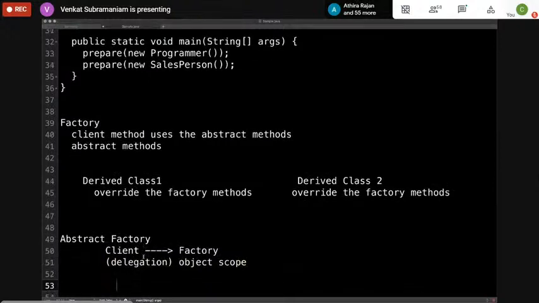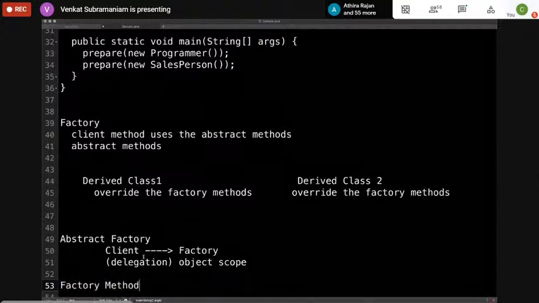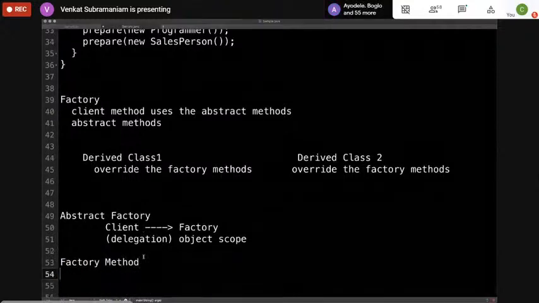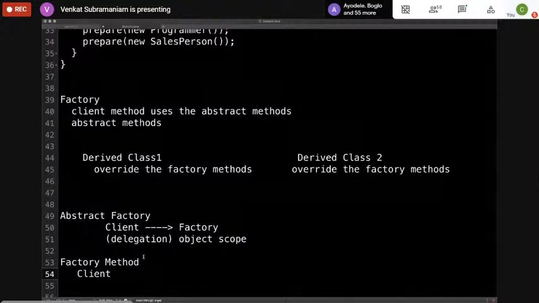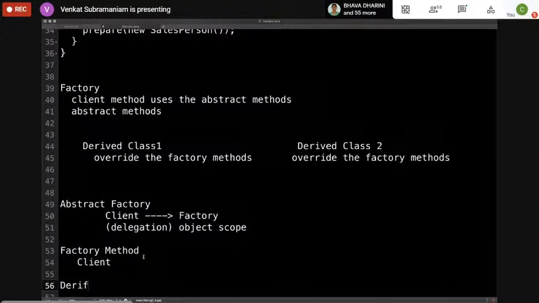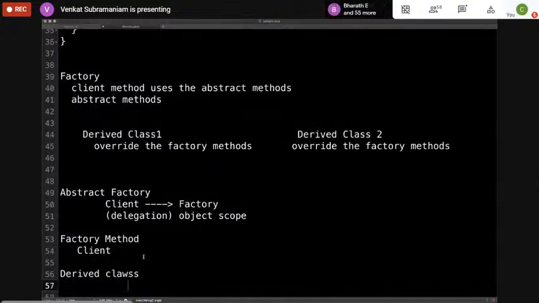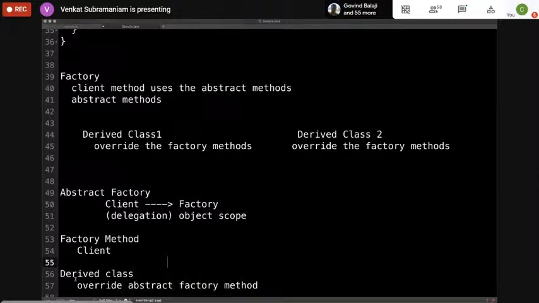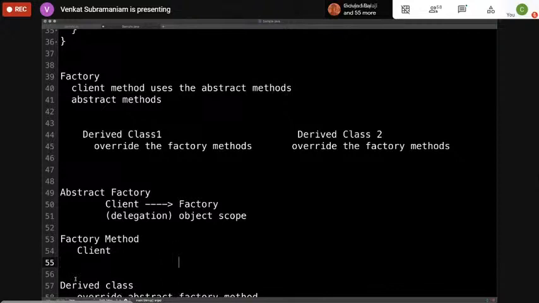On the other hand, if you look at the factory method, how does that work? The way this works is that the client is using inheritance. So the derived class has a method that overrides, if you will. So in this case, override the abstract factory method, where the method is sitting here as an abstract method, as you know.